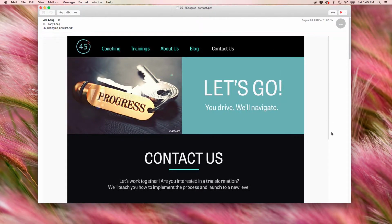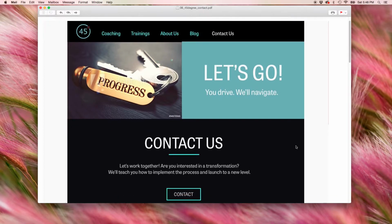Finally, Contact Us is our last page. Now, while we've seen it as the fat footer on every page, we know that users sometimes want to quickly be able to contact an organization and often look for it in the upper right corner or as the last item on a nav. So for fulfilling that, we've included a Contact Us page. It does contain the